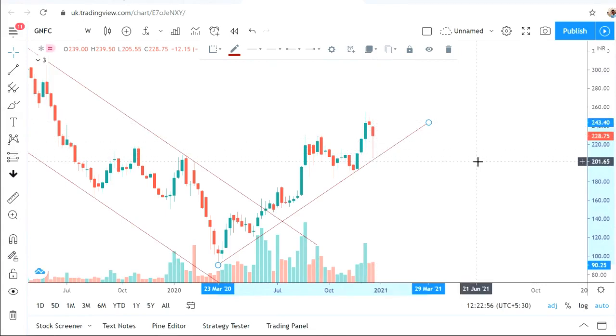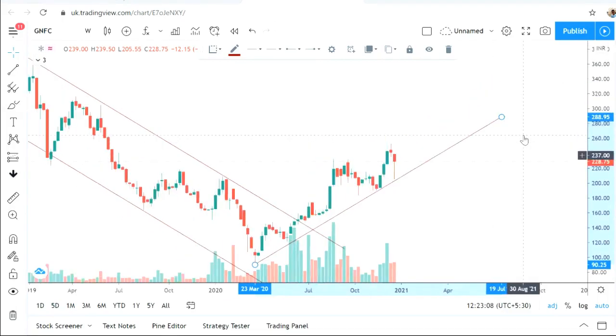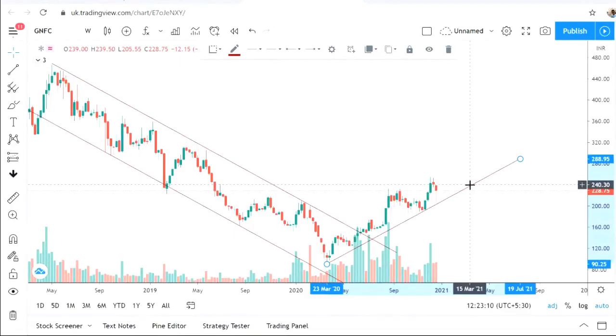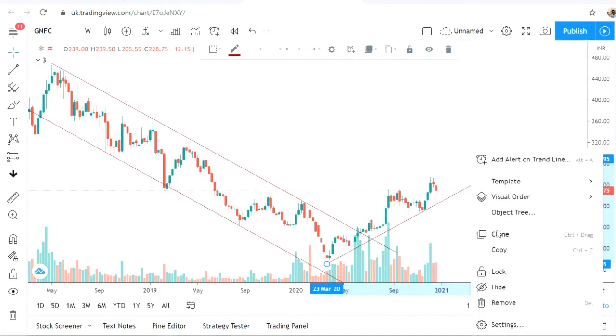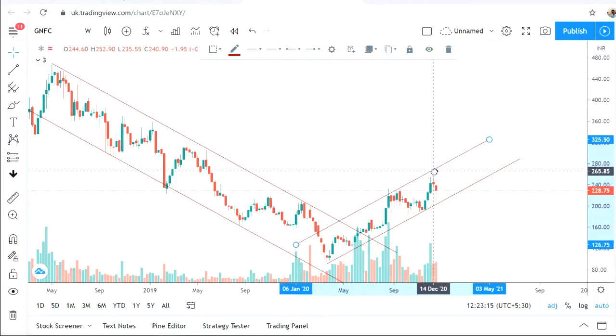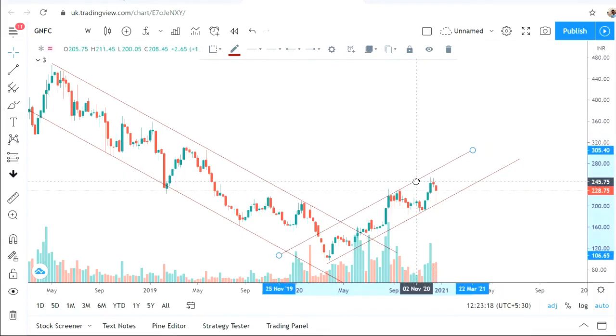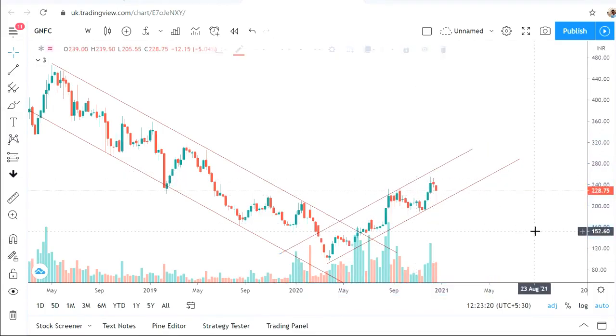And we know that on Monday there was a big fall. Still price is not ready to go down and it bounced from here, which means now going forward, this trend line is very important for this particular chart, right? And it is again moving in a channel. See, this is the channel. This channel is not validated yet because we do not have two touch points as of now, but this can go and take a resistance here.